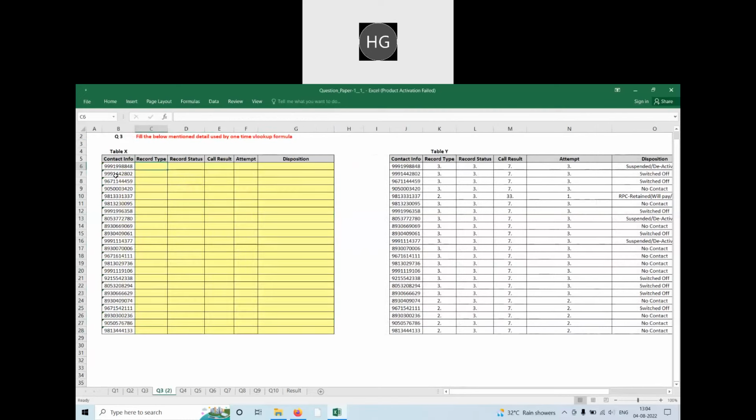Here you can see this data. I want to bring data from here. This one is number, and this one is text. You can see the green icon in front of the cell on the left side. In the left corner you can see it. So how can you identify whether this one is a number or not?